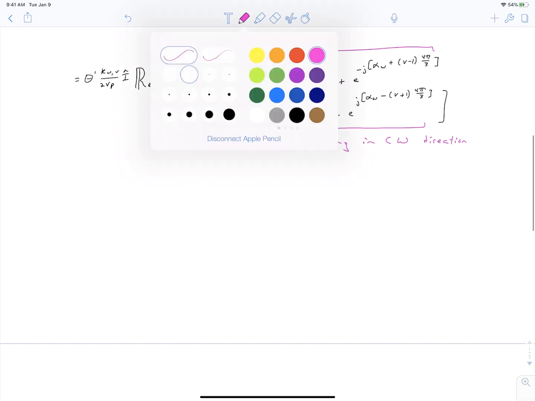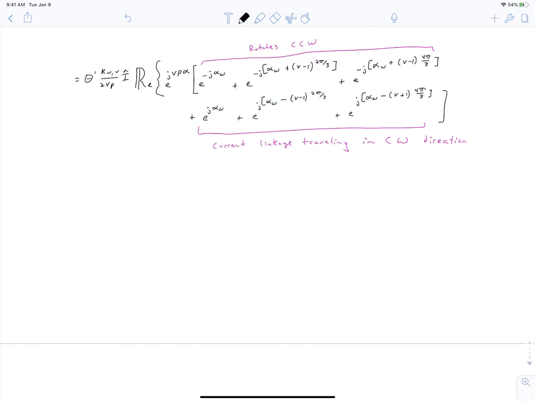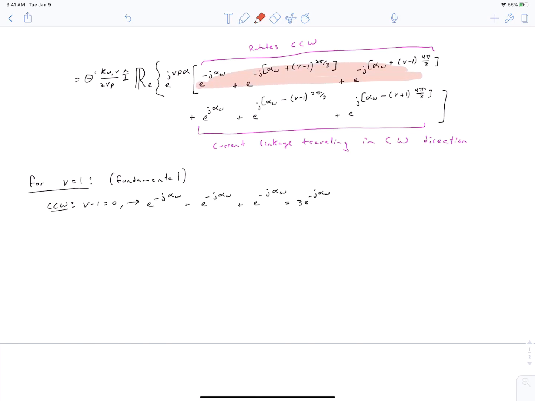Let's start by considering the v = 1 harmonic, our fundamental harmonic. And if we first just look at this term up here, and we plug in v = 1, we can see that it reduces down to this expression here, which is just simply 3 times e to the negative j alpha W. And then if we look at our clockwise direction,